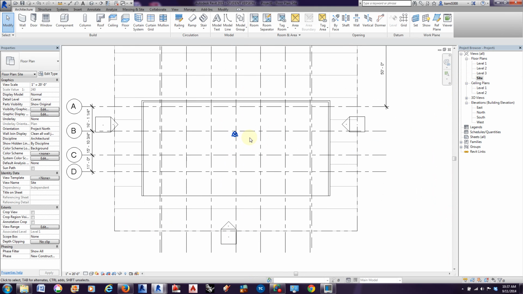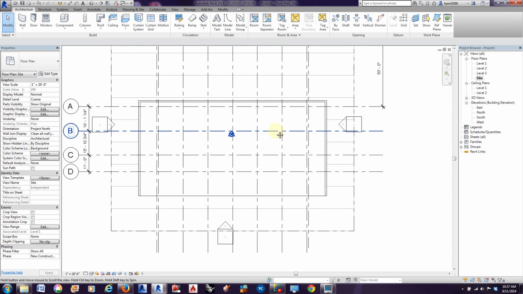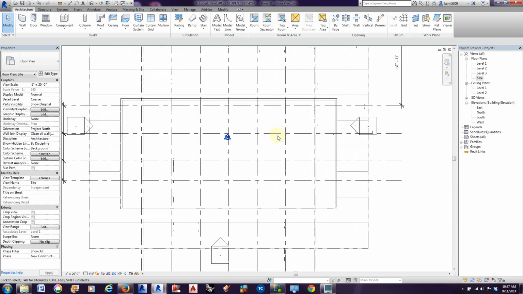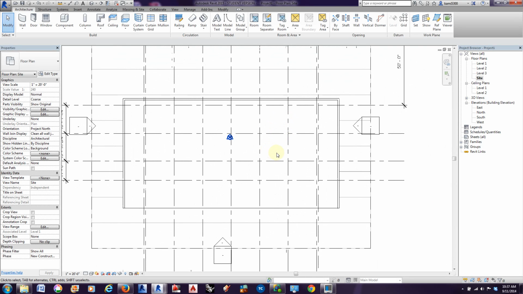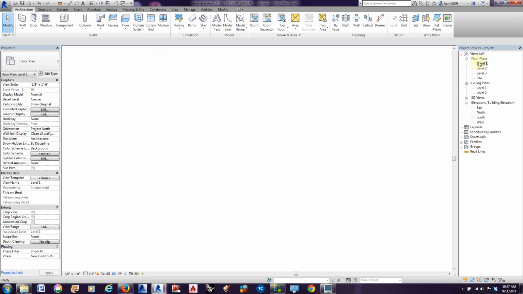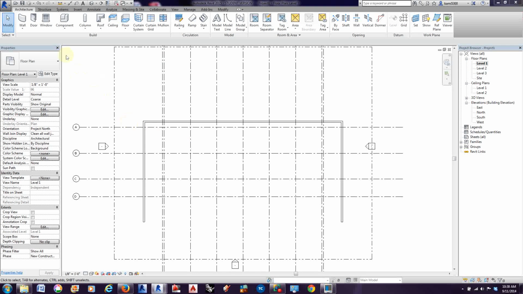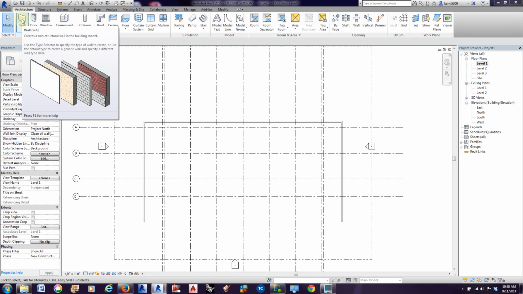So our next step is to start drawing the exterior walls, but we're going to want to set up our stacked wall prior to drawing our walls. I'm going to switch to level 1, and we're going to go ahead and start to create our stacked wall. So I'm going to click on the wall tool,